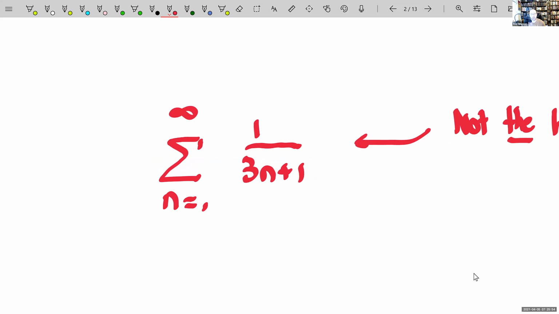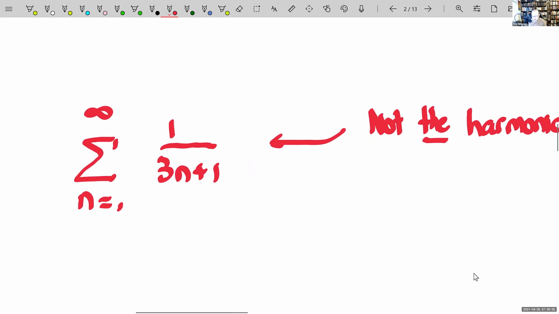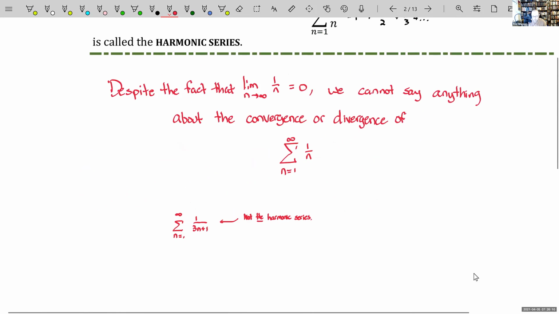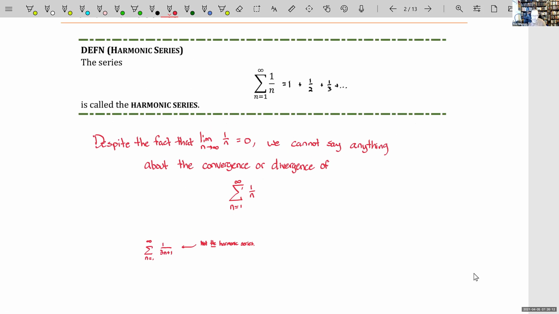However, it's not 1 over n. So we cannot just say it's harmonic, so therefore it diverges. We have to use a little extra rigor for right now. There's something we're going to learn in the next section that will allow us to sort of relate it back to a harmonic series. Anyhow, so we learned the harmonic series, and we learned that it diverges actually by just looking